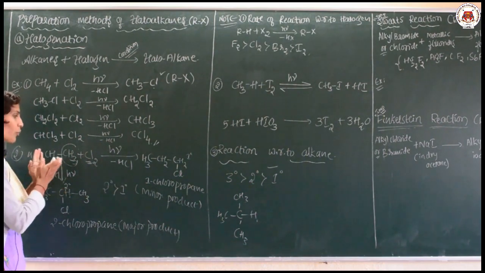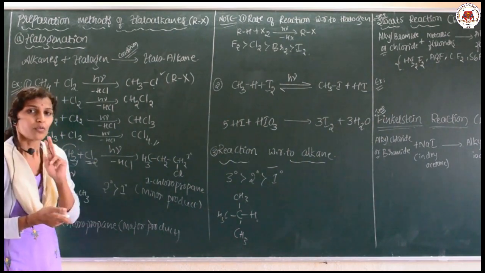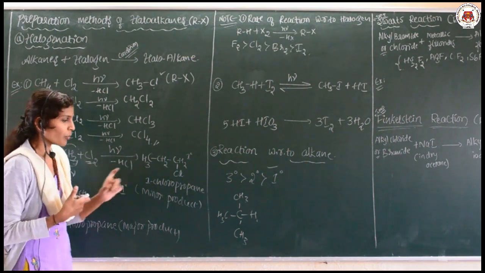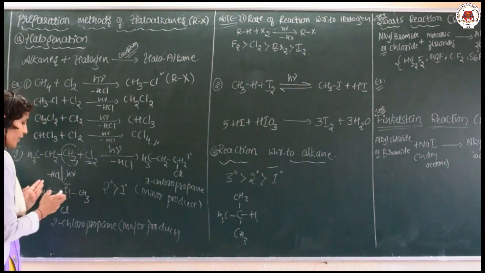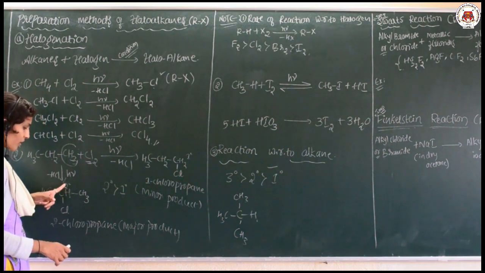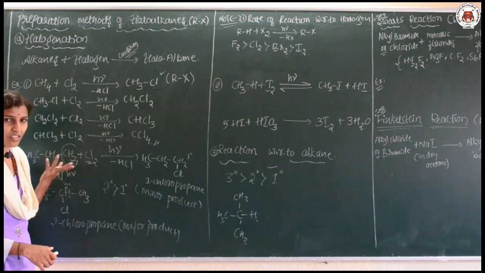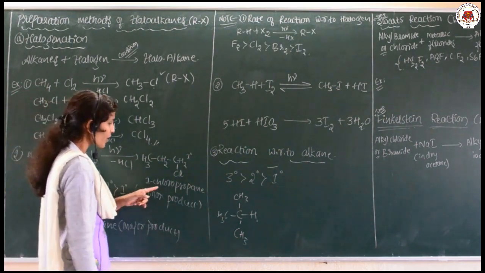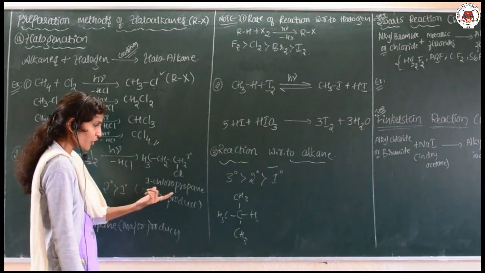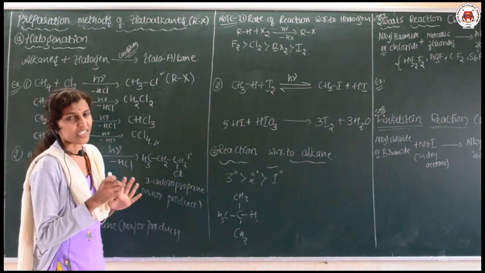So if we choose propane as our alkane and add chlorine in presence of sunlight, we are going to get two types of product, one major and one minor. The major product is 2-chloropropane, in which the secondary carbon is generated. The secondary carbon is more stable as compared with the primary. The minor product is 1-chloropropane, where the primary carbon is generated, which is less stable as compared with the secondary, that is why it acts as the minor product.